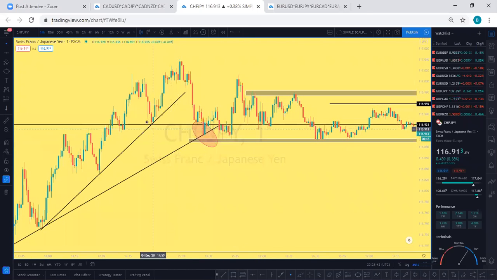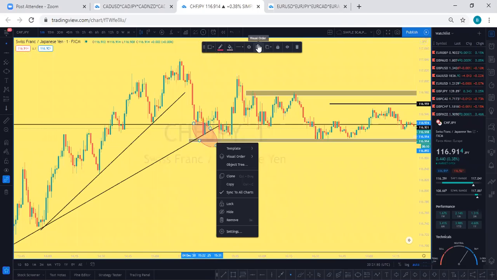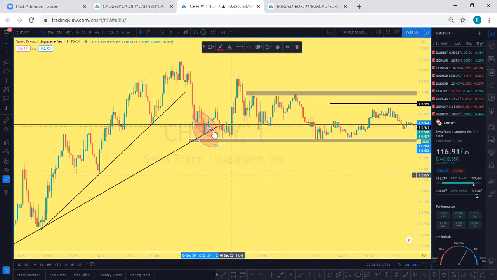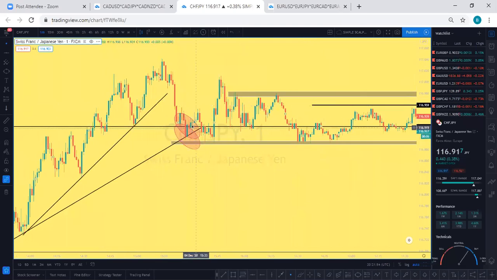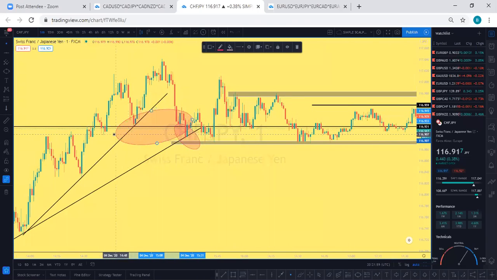So when I see this, this is another confluence. When I see a confluence like this, when I see a confluence like that, clone. Let me clone this thing. When I see a confluence like what happened here now,